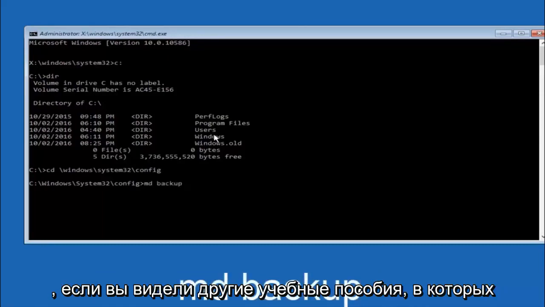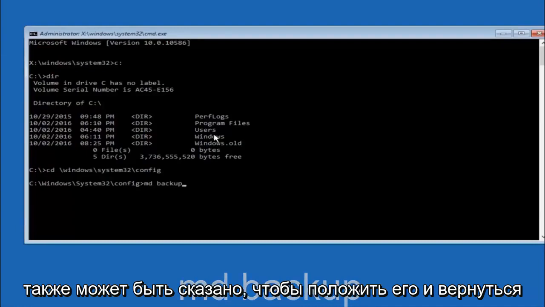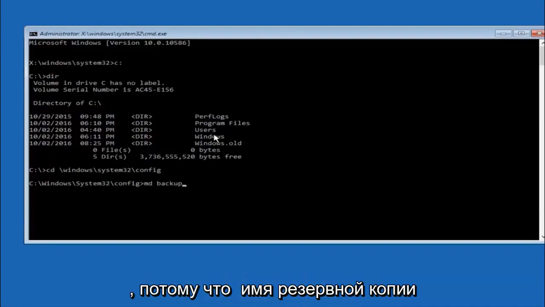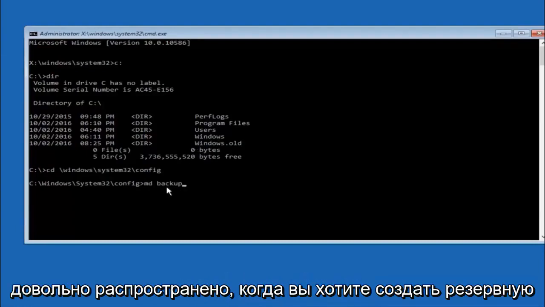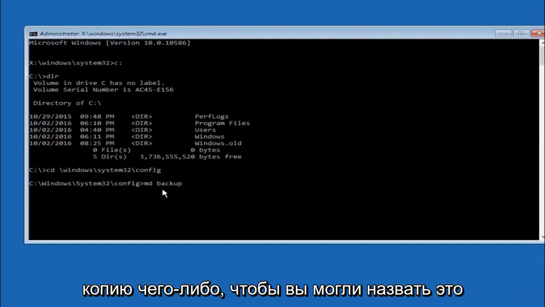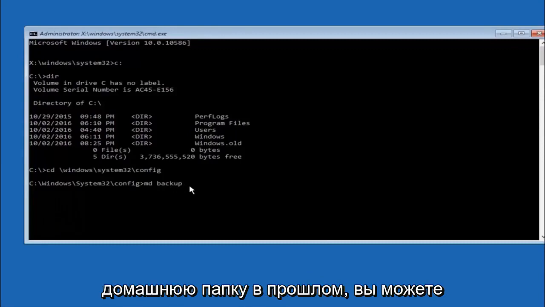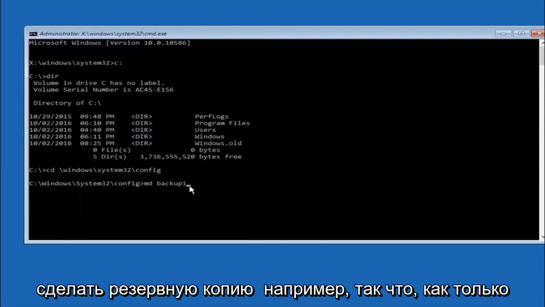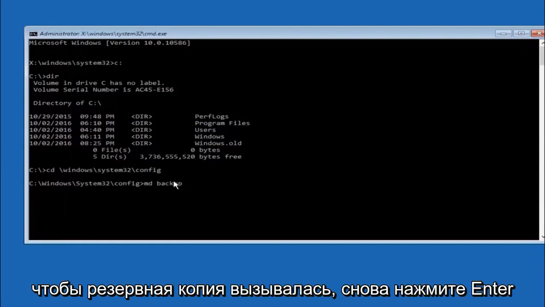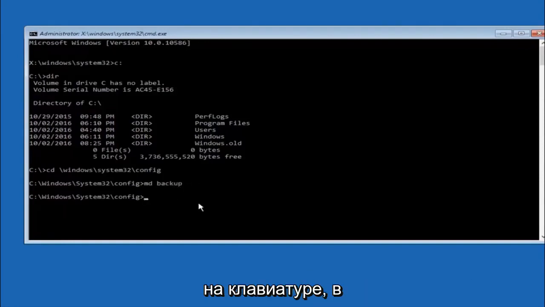If you've seen other tutorials, it might also say to put down md backup. That's because the backup name is pretty common when you want to back something up. So you can name this whatever you want, doesn't have to be backup. So if you've already made a backup folder in the past, you could do backup 1, for example. So once you're done setting the name you want the backup to be called, hit enter on your keyboard again.